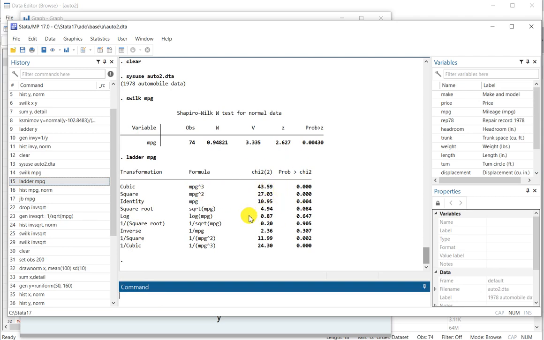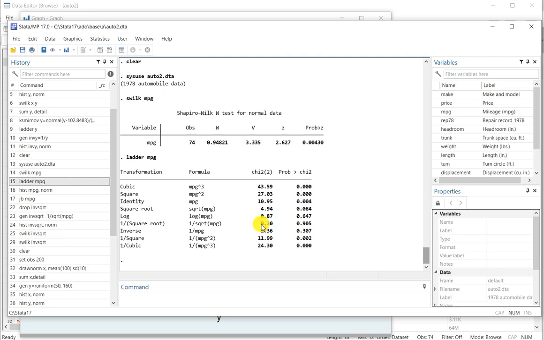So I will select that form of the variable MPG where the chi-square value is minimum. So I think it's here, 0.20, and I will use this form of the y value, that is 1 divided by square root of MPG. So I'll use this one. So first of all,